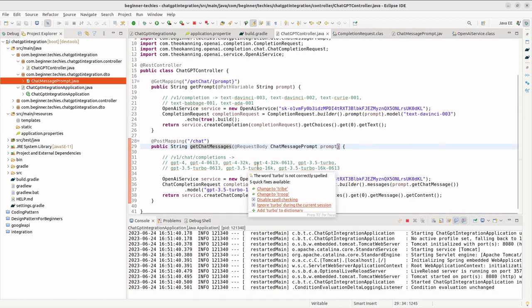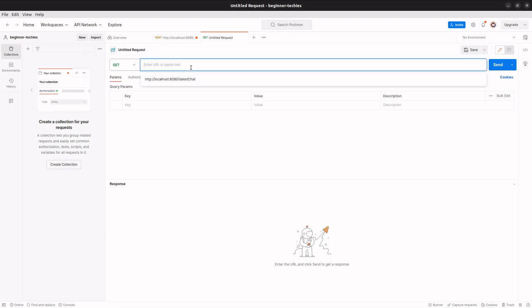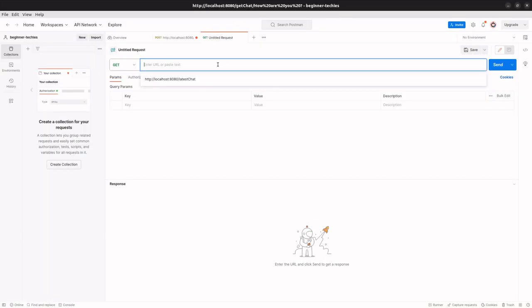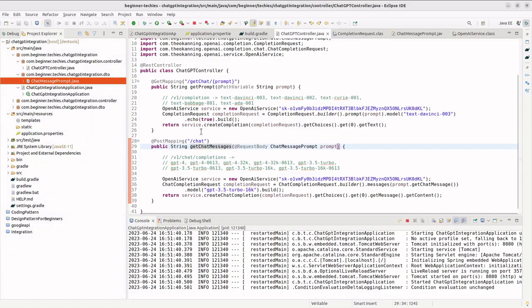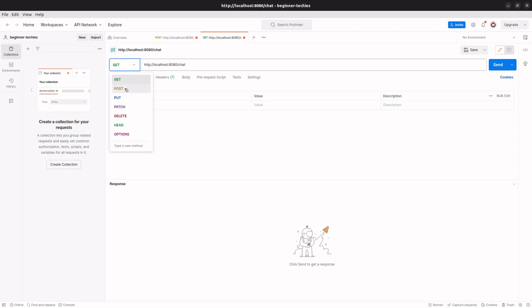Right. I will use Postman to hit this endpoint. First I'll copy this. This is not required, and the endpoint is what? The endpoint is that only, so let me just make it as that, and the method is POST, right? And here in the body,